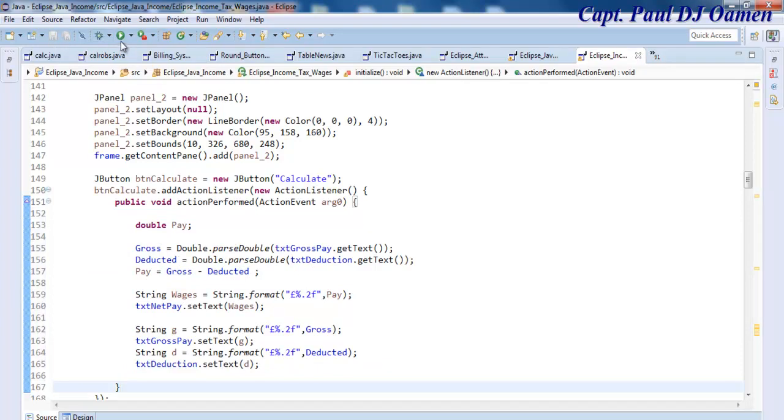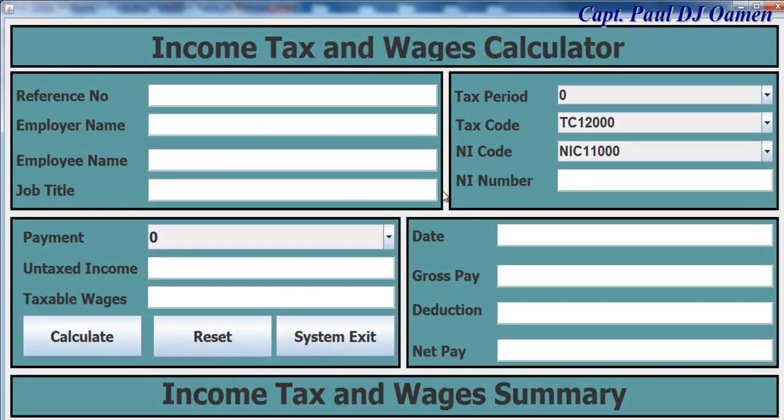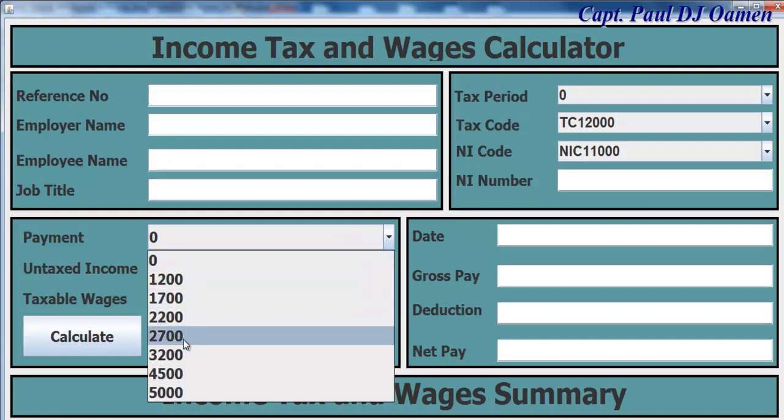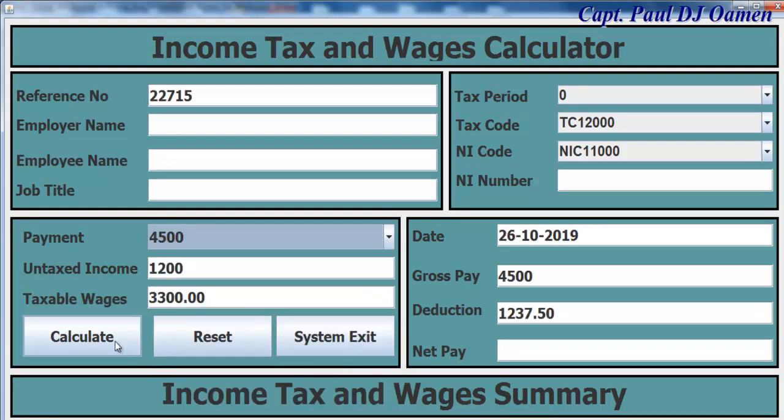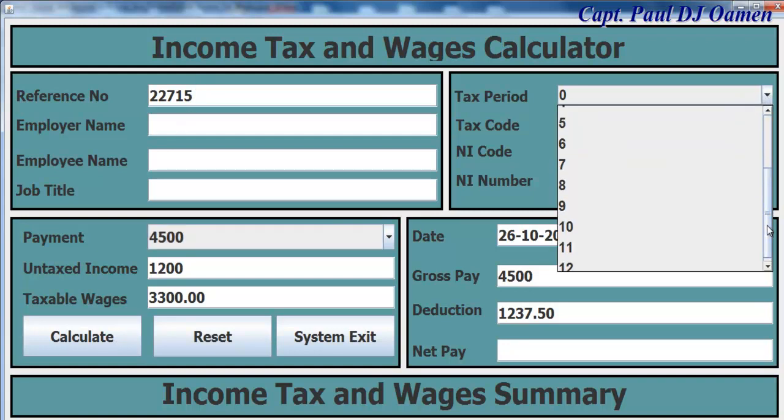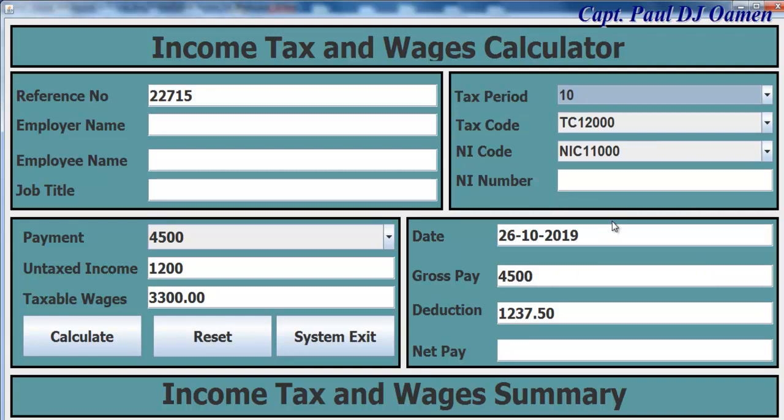I'm going to save, run the program, and see how it all looks now. Okay, first things first, select, let's select the wages. Let's say it's about 45. Yeah, we have all of those. And tax period is the 10th month, NI number. Right. Employer name, so let's call that Kate's Aviations,